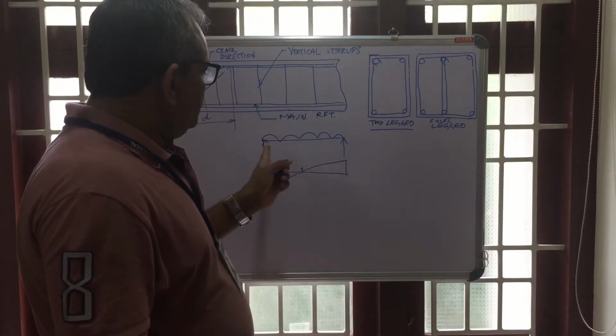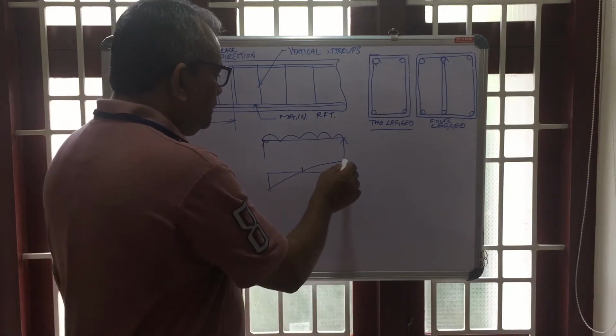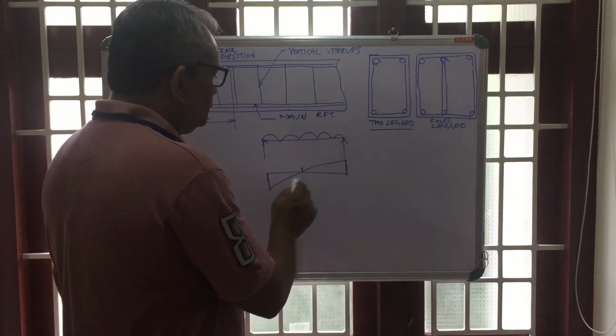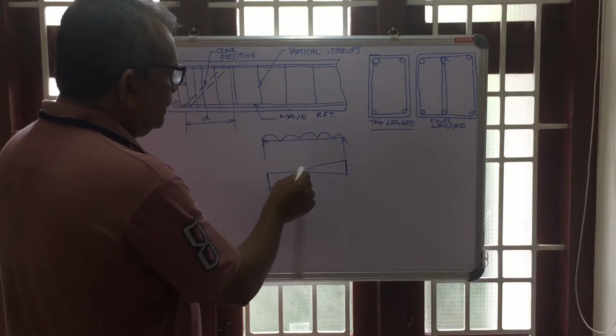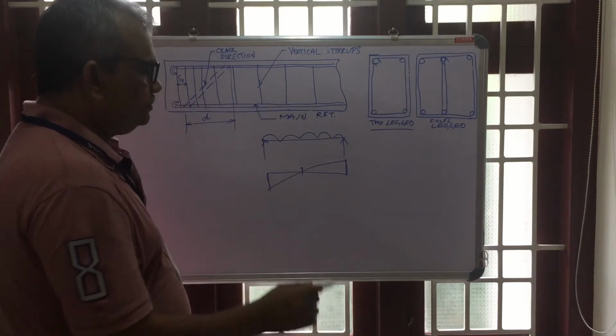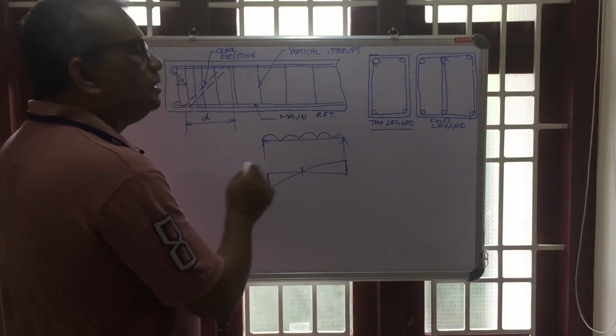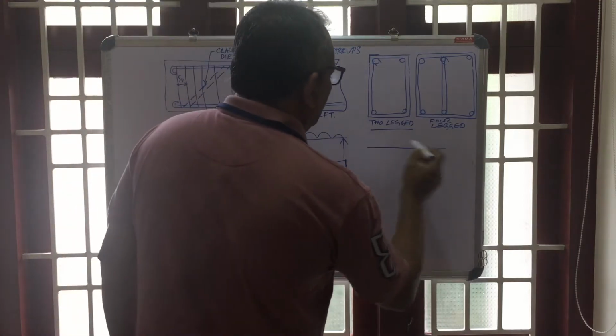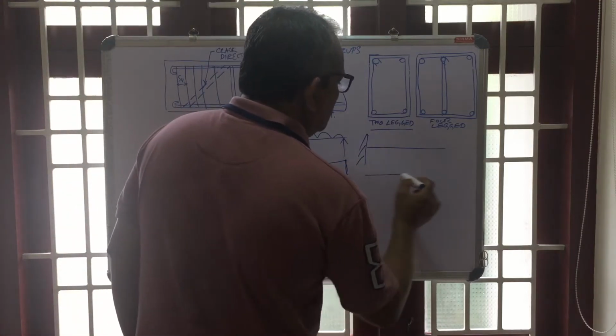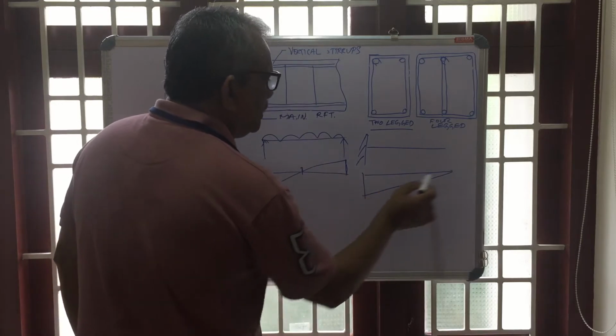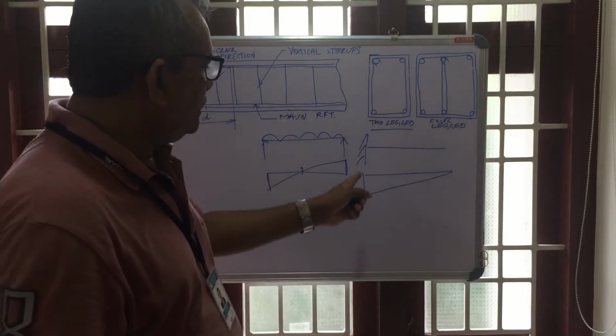Here, the maximum shear force is at the two supports and it is decreasing and 0 at the middle, right? Similarly, in a cantilever beam also, the shear force is 0 at the free end and maximum at the support,